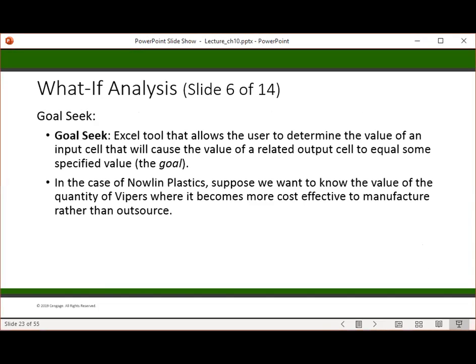So goal seek is something that allows the user to determine the value of an input cell that will cause the value of an output cell to equal some specified goal. So for example, looking at the Anl